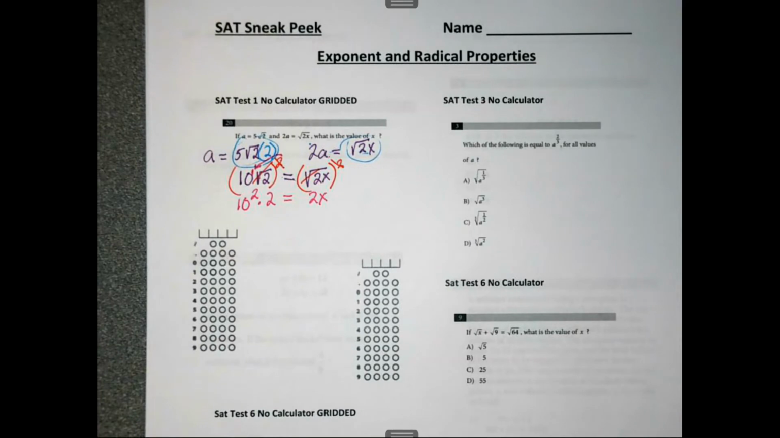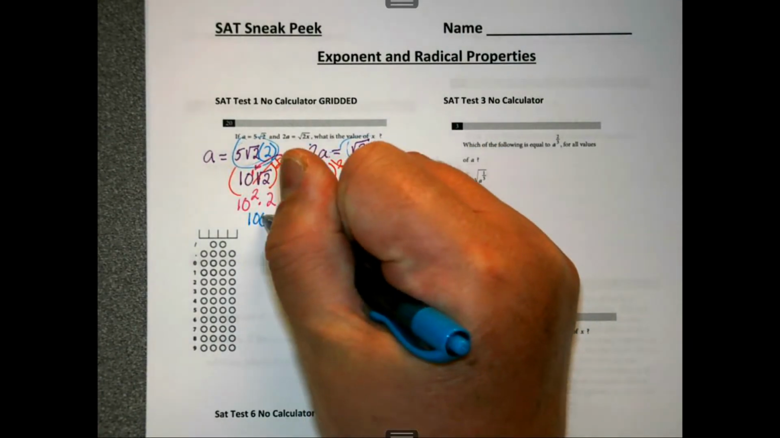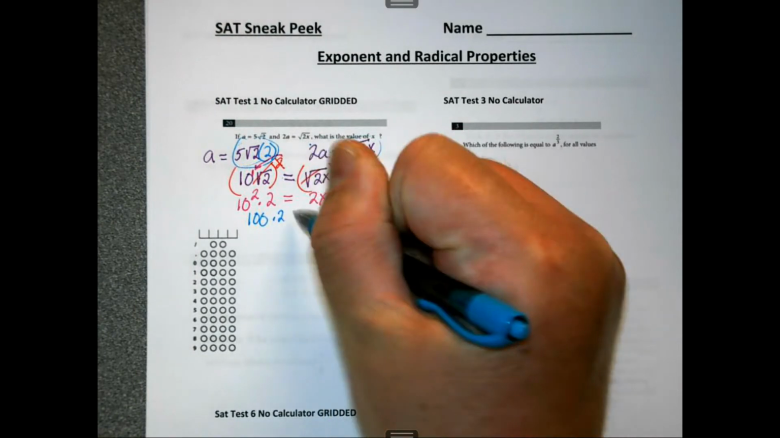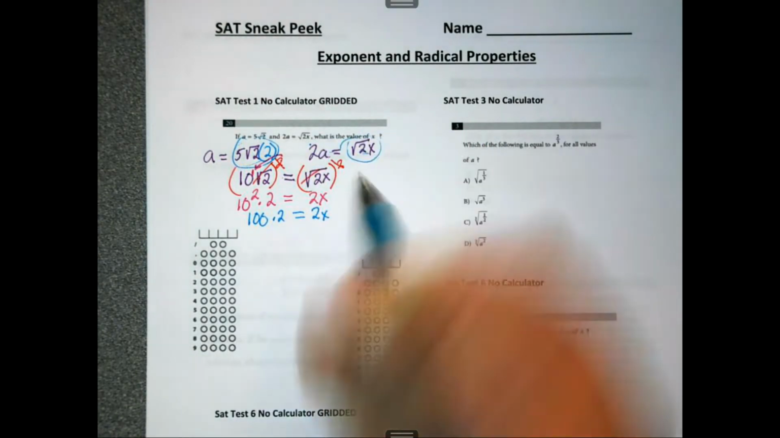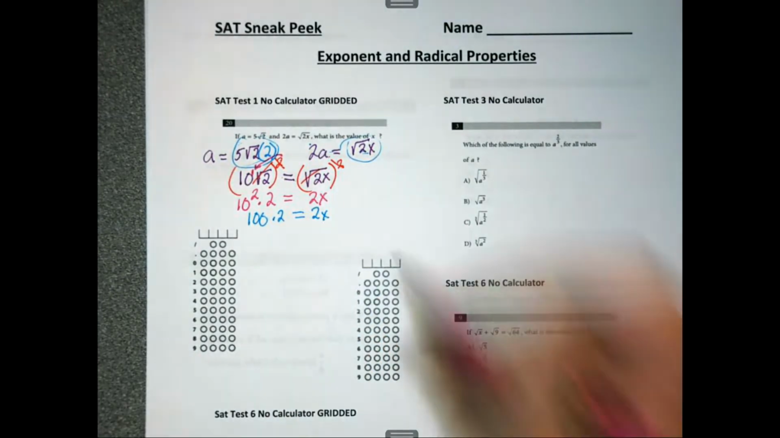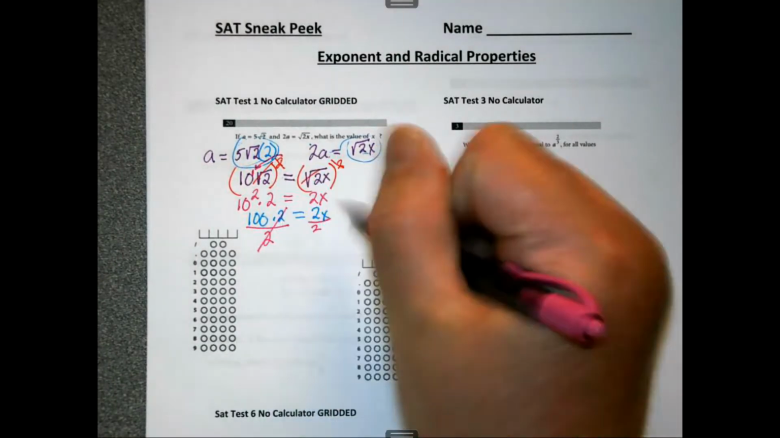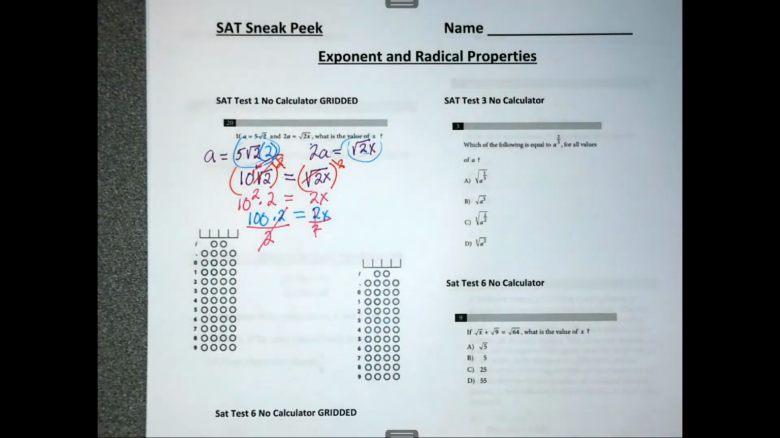Okay. 10 squared is 100 times 2 equals 2x. I want to get rid of the coefficient 2, so I'm going to divide by 2 both sides. So x equals 100. Now, when I go to put this in gridded response,